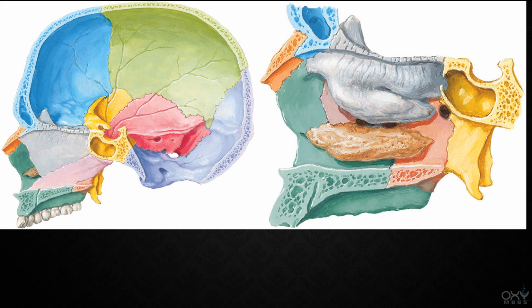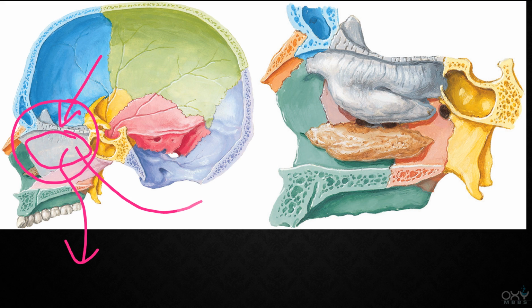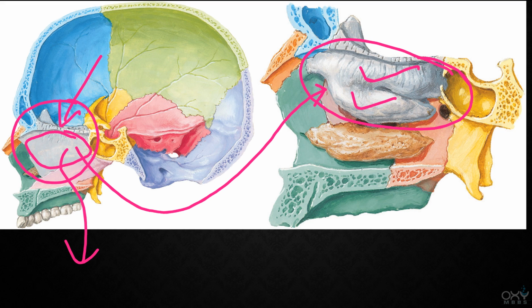Now friends, as you know, this gray bone is which bone? This is the ethmoid bone, and this is the perpendicular plate of the ethmoid bone. Now what I am doing, I am taking out this perpendicular plate, and now the structures which you can see here are the superior nasal concha and middle nasal concha. So superior nasal concha and middle nasal concha are part of the ethmoid bone,